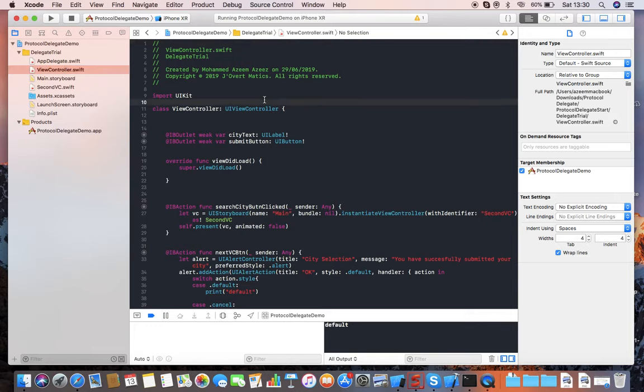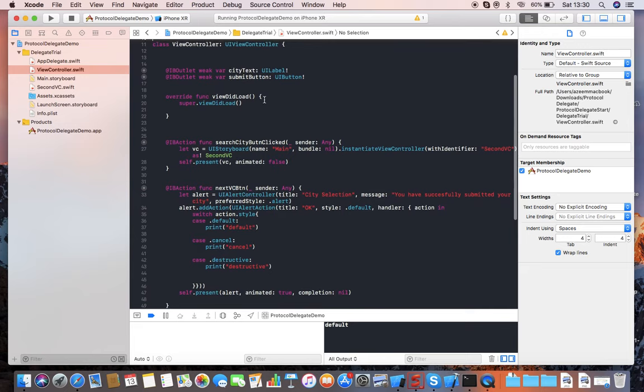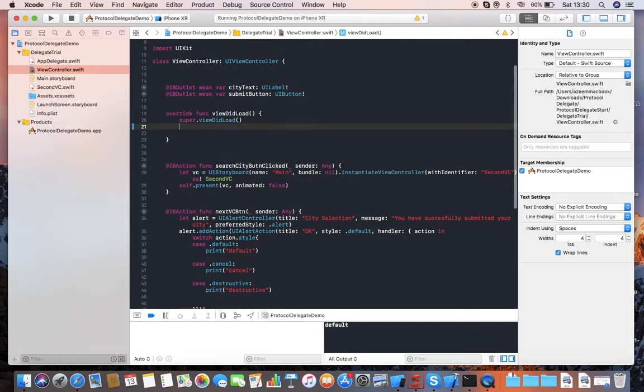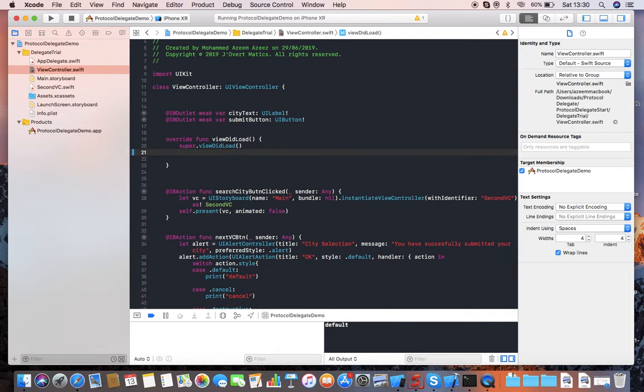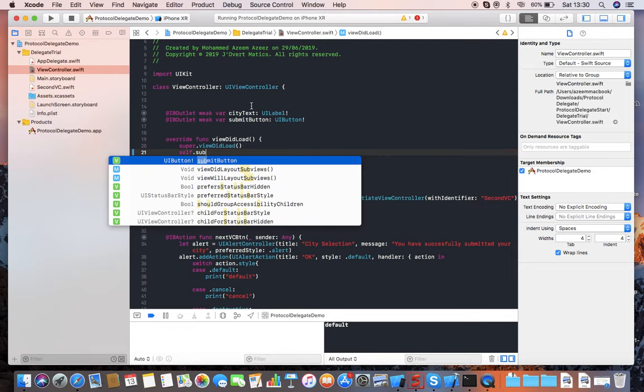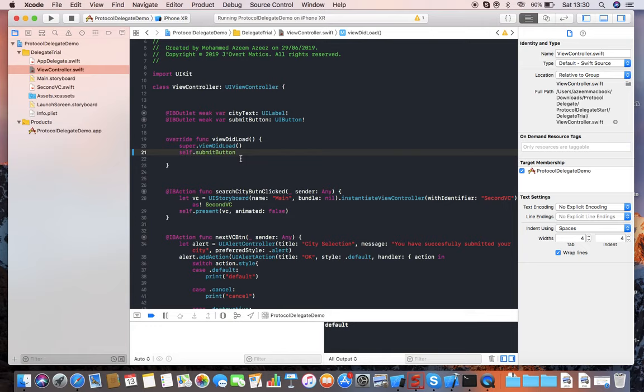As I have mentioned, there are two buttons: a submit button and a search city button. Initially I need to disable the submit button. So in my viewDidLoad, I'm going to type self.submitButton.isEnabled = false,